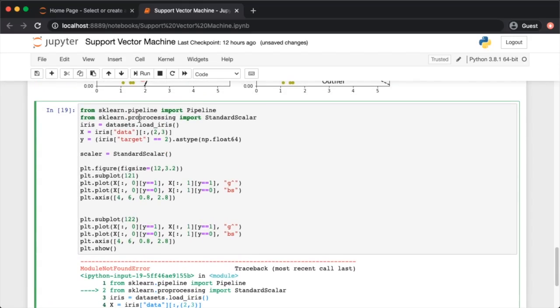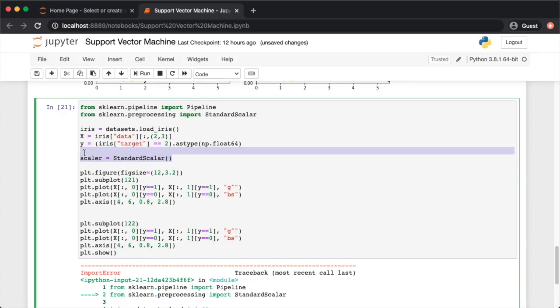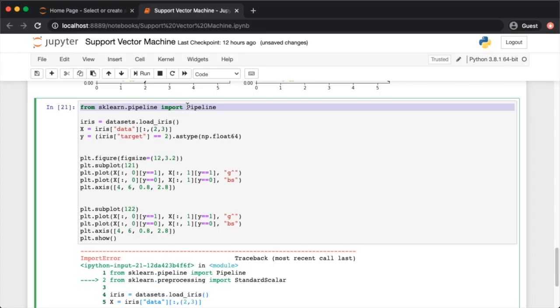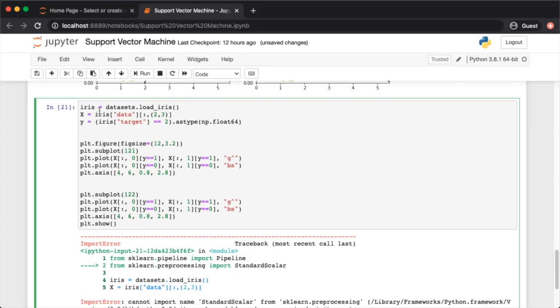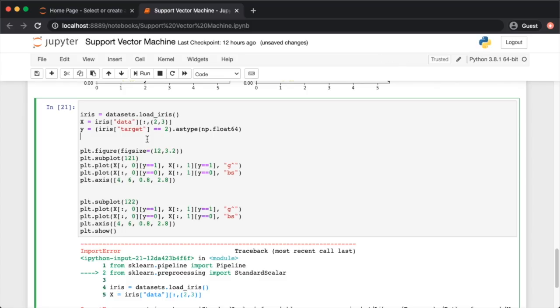Oh, it's not pro-processing, it's pre-processing. Okay, we can do without this pipeline thing. Whatever, I'm using Python 8, and it seems that it's not working. Okay, so let's